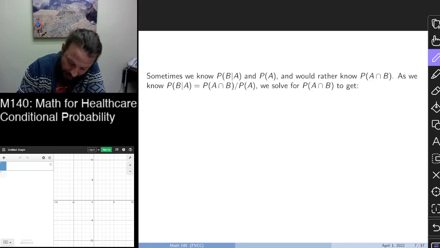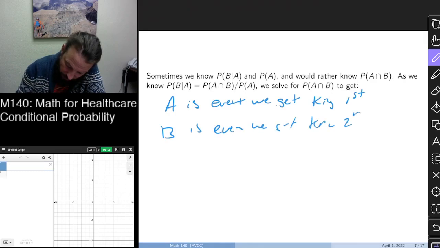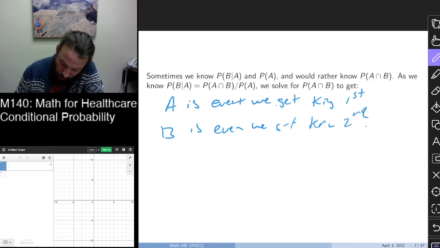So let's say A is the event we get a king as the first card, and B is the event we get a king as the second card. Okay? Using our formula, we know,